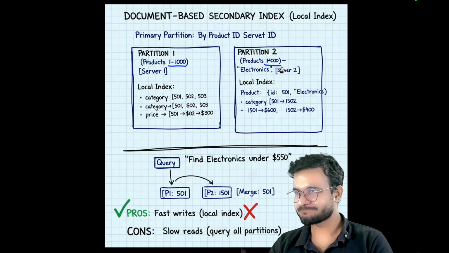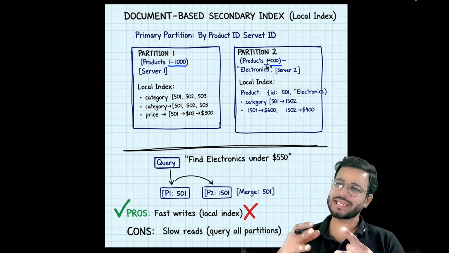So it's not just simple partitioning we do. When we need to search based upon these many categories, we need a special type of partitioning, and that is called secondary indexes. Let's discuss one of the types, called document-based partitioning in secondary indexes. Now suppose you have partitioned the products on Amazon by product ID. So product IDs from 1 to 1000 are stored in partition 1, and product IDs above 1000 are stored in partition 2.